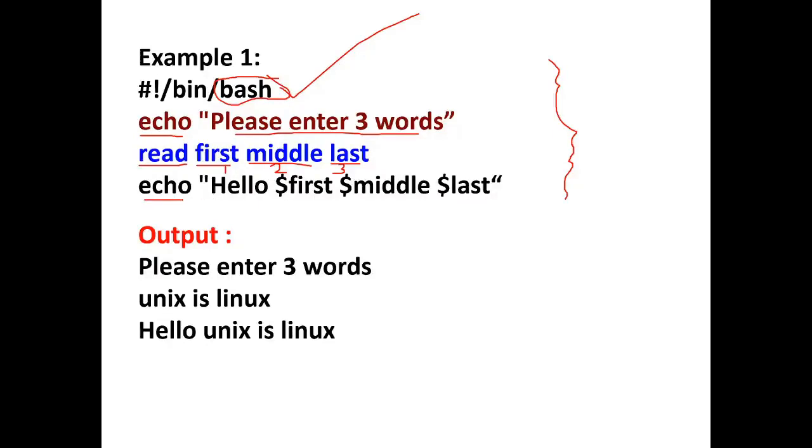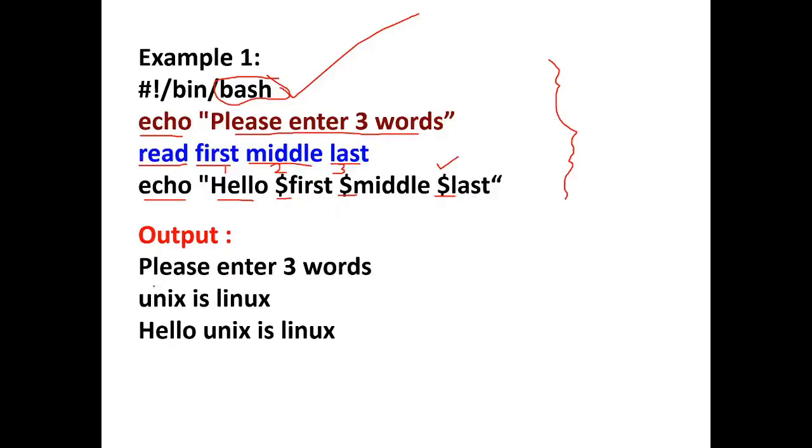And then on the screen, what are you displaying? Hello. See, whenever you want to display a variable on the screen, you need to use the $ sign here. That means you are going to use this $ sign with the variables, so whatever is stored in that variable will display on the screen. If you don't use this $ sign, it will not display whatever is stored in the variable. So if you want to display whatever is stored in the variables on the screen, then you need to use this $ sign. Whatever is stored in the first variable will display, same as in the middle and last. So with all the variables, you need to use the $ sign.